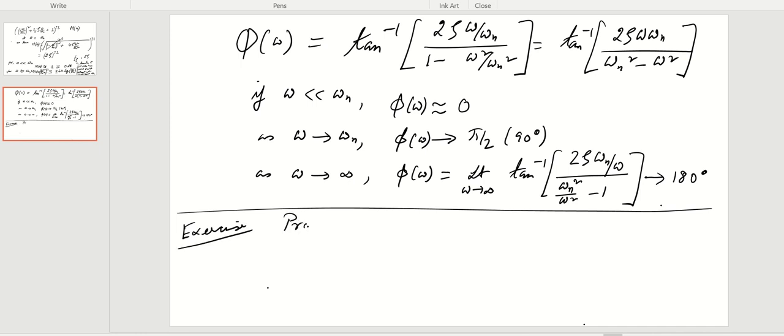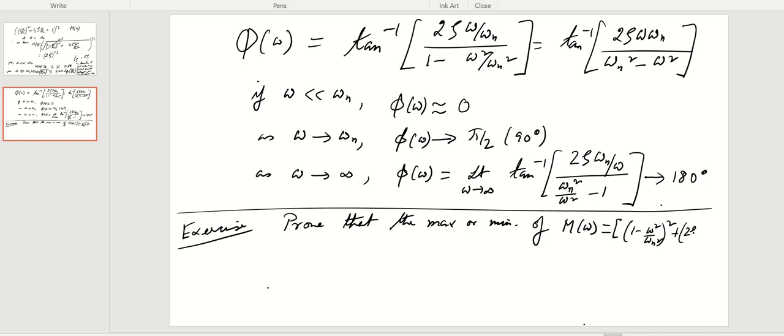You have to prove that the max or min of M omega, which is 1 minus omega squared by omega n square whole square plus 2 zeta omega over omega n whole square, whole to the power plus minus half, depending on whether it's a pole or a zero,